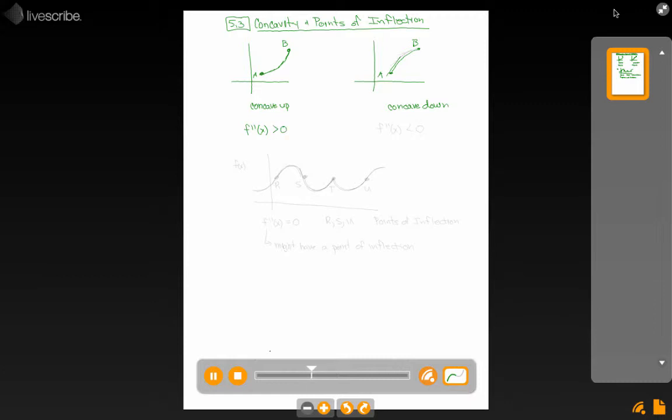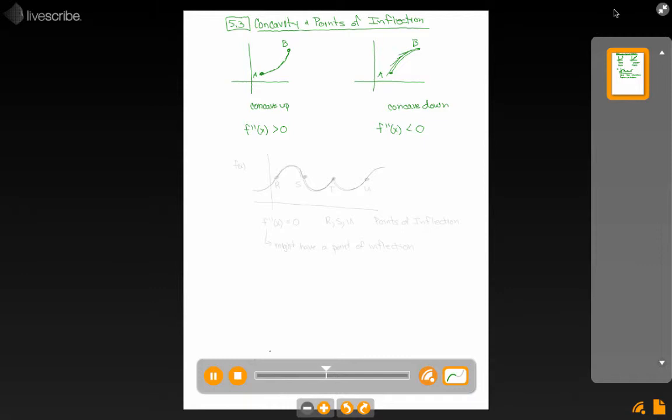And the opposite being true, if you take a look at the slope of a tangent line close to A, it's relatively steep and gets less so as you get closer and closer to B. And so what you have is the first derivative is decreasing, meaning that the derivative of that, the second derivative, must be negative. And so we have actually a fairly straightforward test for finding whether something is concave up or